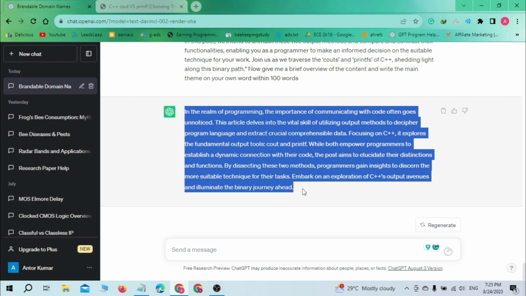Now, the seventh use of ChatGPT for blogging is to generate an entire article. Nowadays, people are using AI tools to generate articles for their websites. You can also do so, but remember that the content written by ChatGPT is comparatively poor quality than human writing. So you can generate an article using ChatGPT and then you should give it a human touch. That means you at least read the article once, and if you think it needs some modification, then you can do some modification and add some twist of your own to make the article more delicious and look like